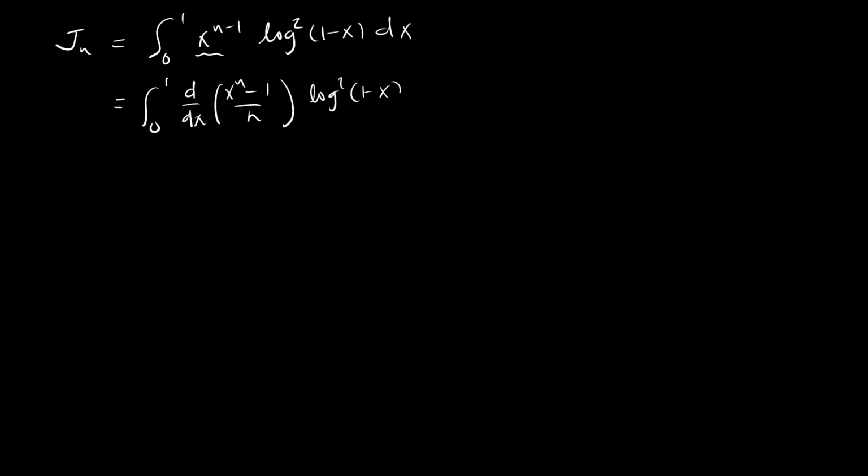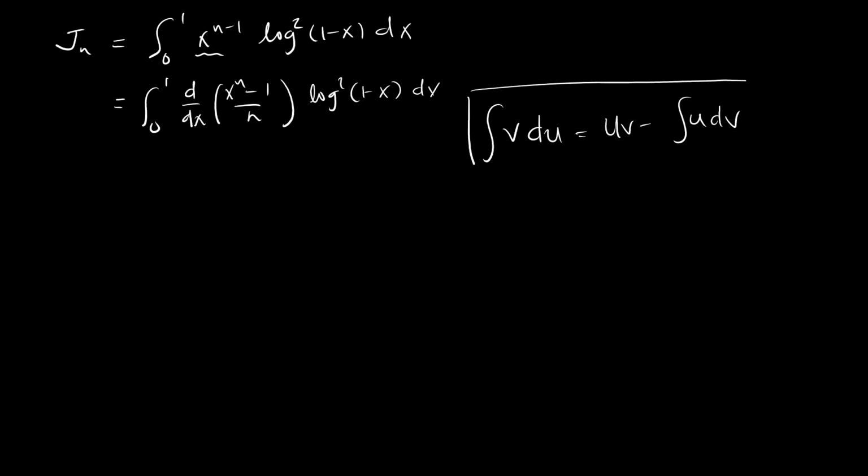And so using our old integration by parts, v du being equal to uv minus u dv, using this part here, it becomes then 1 over n (x^n minus 1), the square of that,